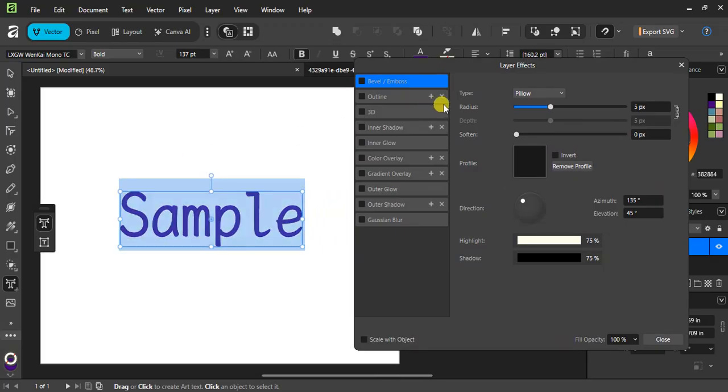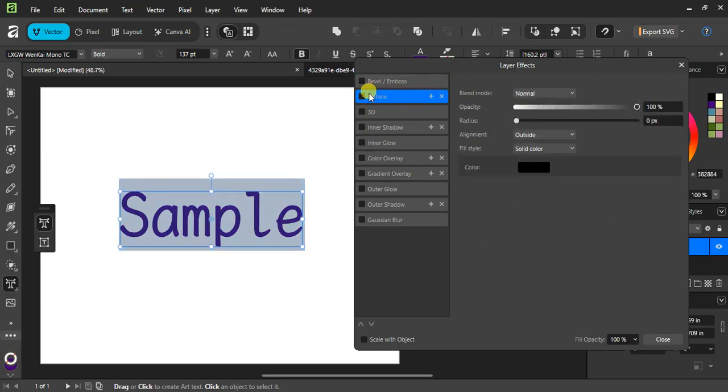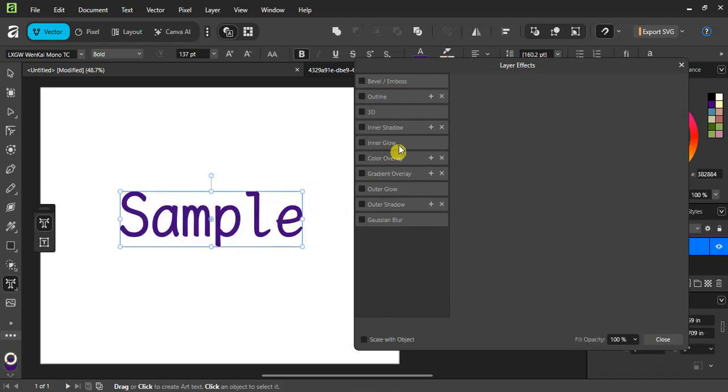Enable outline inside the layer effects panel. You'll see a checkbox or toggle next to outline. Once it's on, the default settings will add an edge around your characters. Because this is a live effect, you can turn it off and on or tweak it at any time without damaging your text. Now adjust the outline to fit your design. Increase the radius or width to make it bolder,